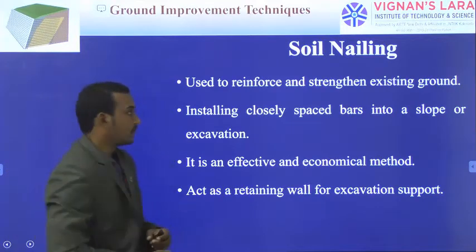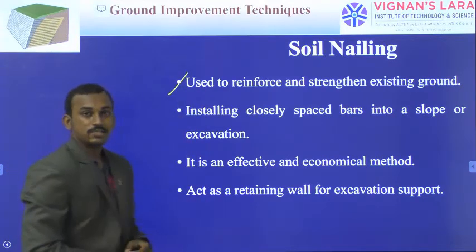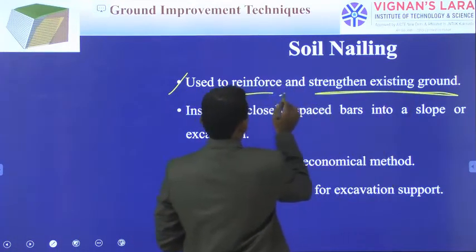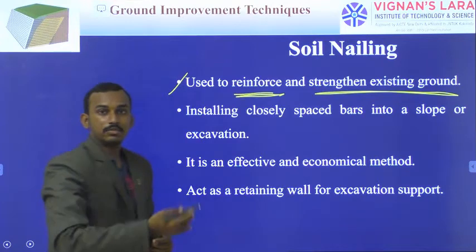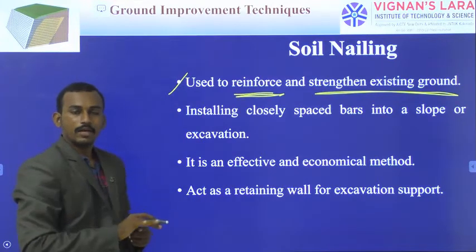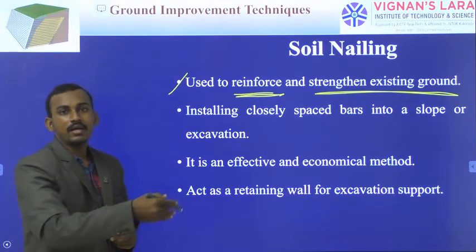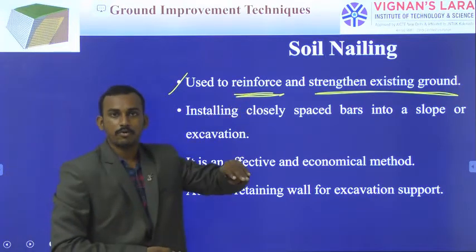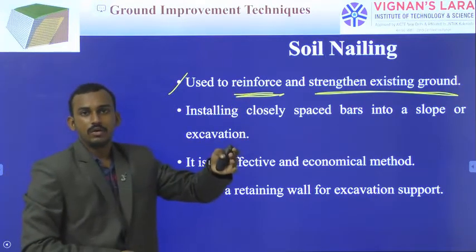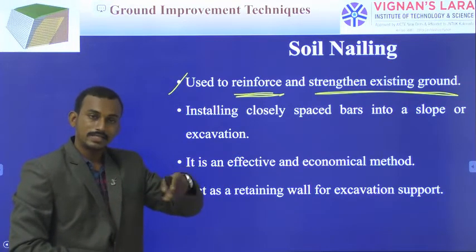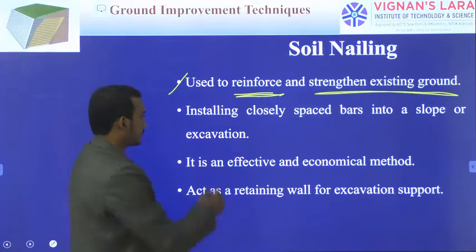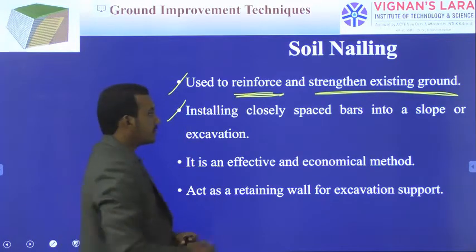Soil layering is generally used to strengthen or reinforce the existing ground, whereas reinforced earth means while constructing, we are placing the panels or the reinforced elements. But here, soil layering is generally provided for an existing ground. If we have to improve the stability of existing ground, for that purpose we use these soil layerings. And we generally use this.